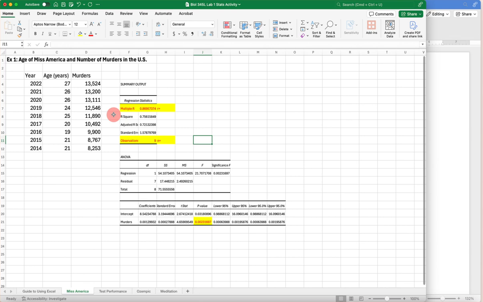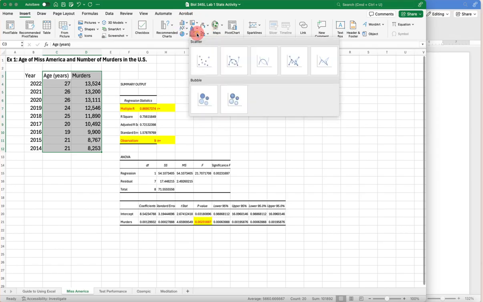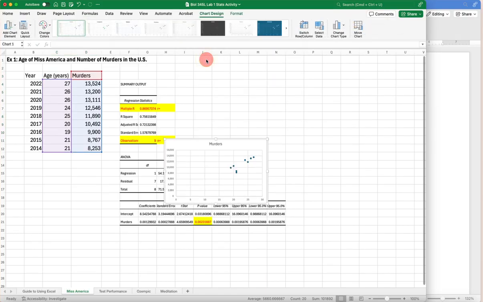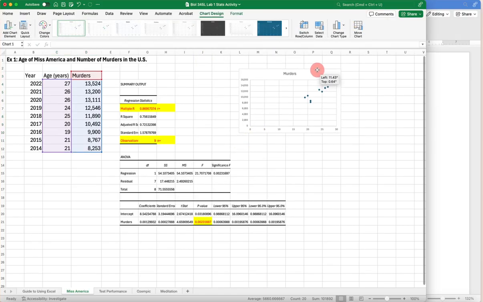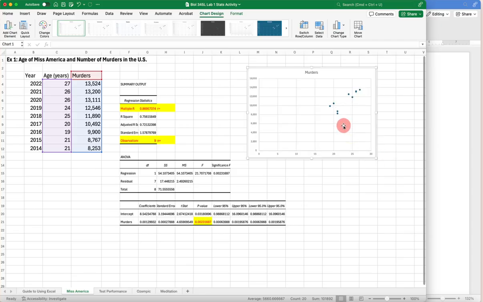Now, the easiest way to make a scatter plot is to, again, select the data we want. We don't need the years, okay? We just need our X and Y with the headings. We'll go to Insert and then select the type of figure you want. So we want an XY scatter plot, so I'm gonna just hit this one. Perfect. Now we have our graph and we just need to essentially customize it to include all of the things